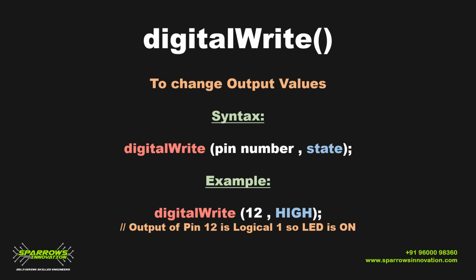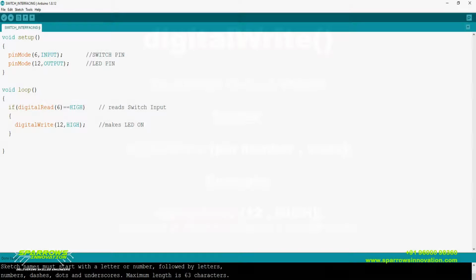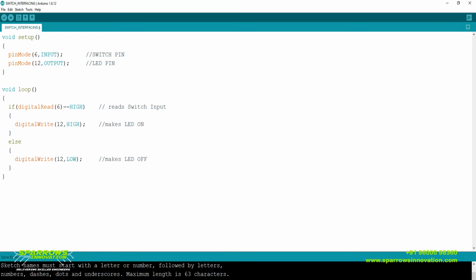So this will make my LED on. So if the input equals logical high, then the LED should be on, digitalWrite 12 comma HIGH, else the LED should be off. This function will operate like this: if the button is pressed, the LED will be high or on, else the LED should be off.